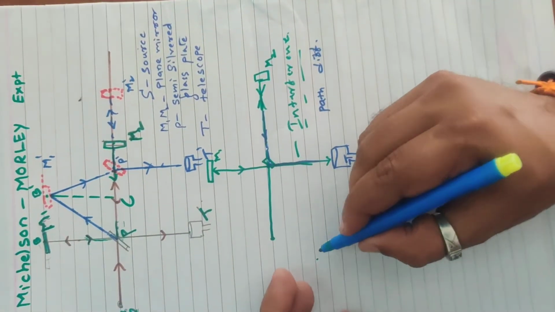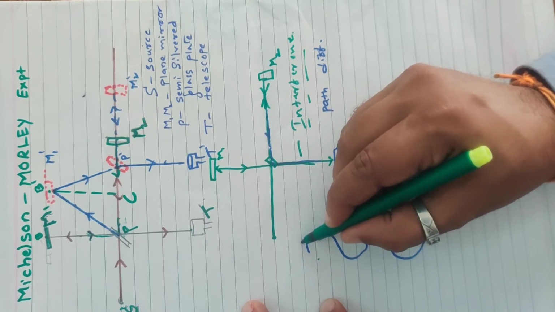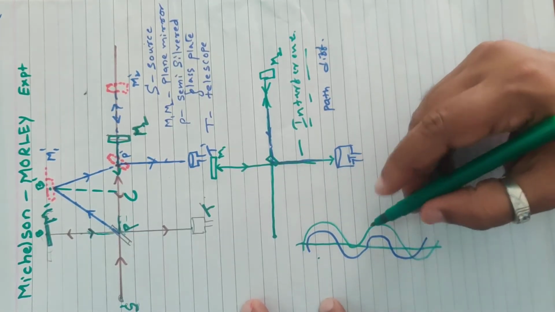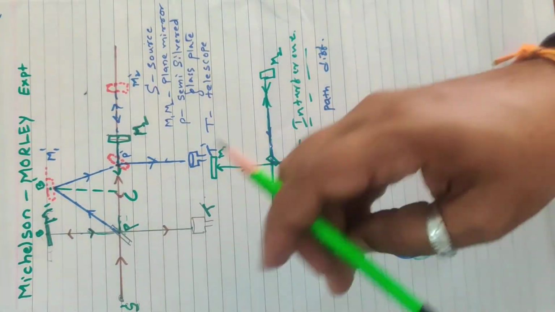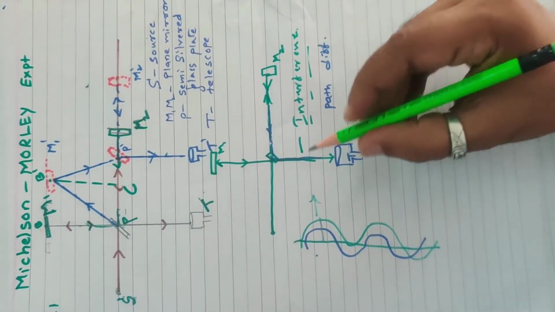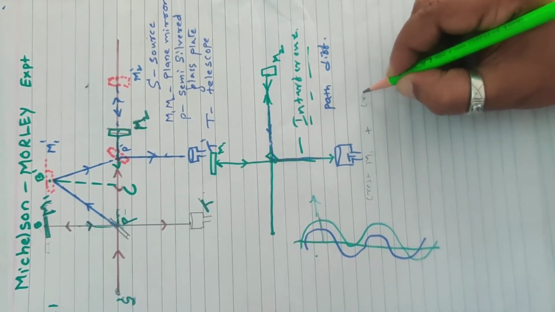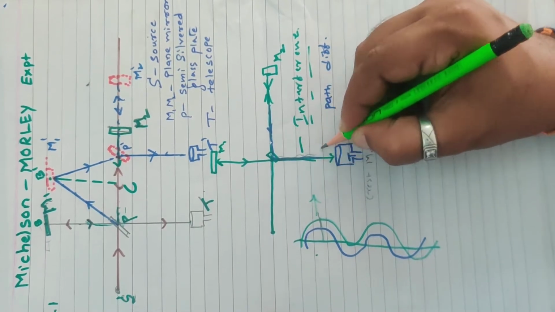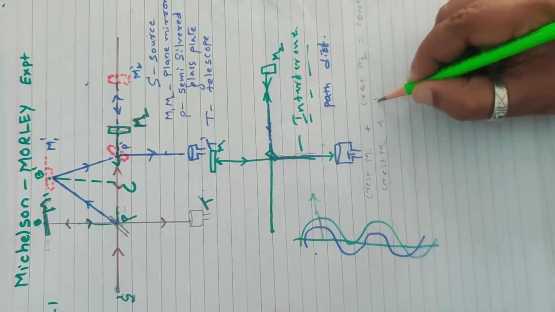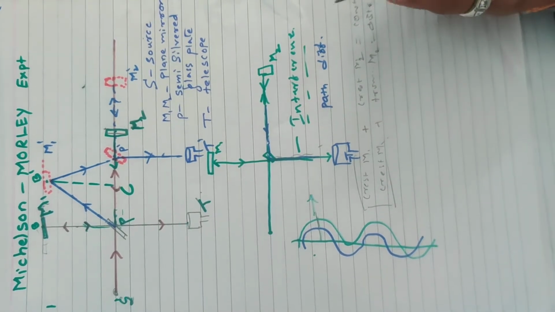That is, if one wave is coming this way and another wave is reflected from the mirror M1, and both are in phase, constructive interference occurs. The crest of the wave from mirror M1 meeting the crest from mirror M2, which are entering here, gives a constructive interference pattern, and the crest of mirror M1 plus the trough of mirror M2 gives a destructive interference. So this is a concept we know, and this is how the setup is done.